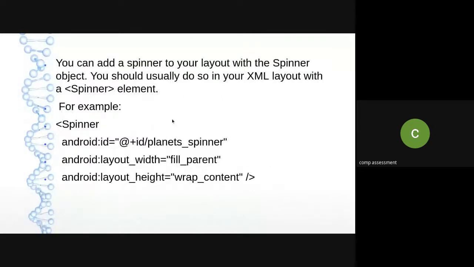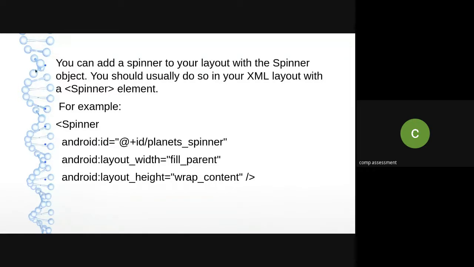So how can I use a spinner in my program? See, what I want is, now all of you have created a project. So what you can do is go to your activity layout XML file, and you can drop a spinner widget from the palette onto your design view. So from where will you get that spinner widget? In the latest version, in your palette there is a container, and when you click on the container, in that container you will get a spinner widget.